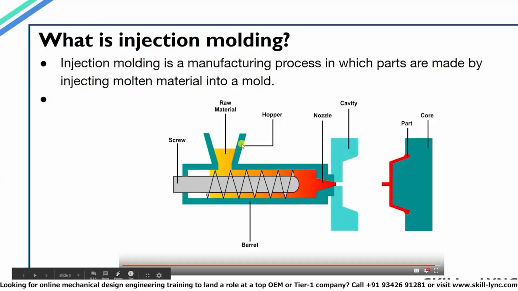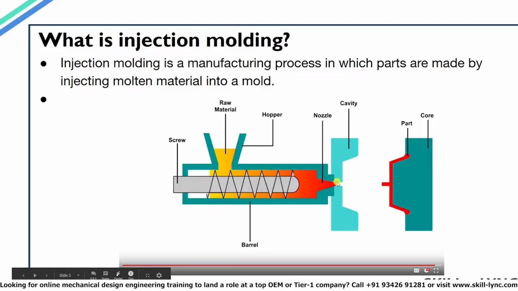The raw material used for injection molding plastic parts is plastic pellets, which are called resins. This resin is dropped in a hopper, and through the hopper it goes into the injection barrel. In the injection barrel, the plastic pellets are driven forward by the rotation of a screw. As the plastic moves forward, it melts due to the friction and gets converted to molten plastic. External heating may also be provided in some cases to melt the plastic. Then this molten plastic is injected into the mold through the nozzle.